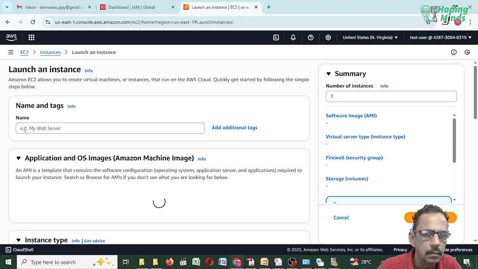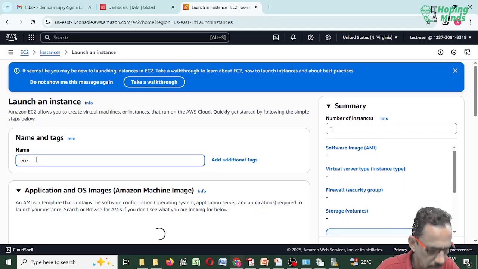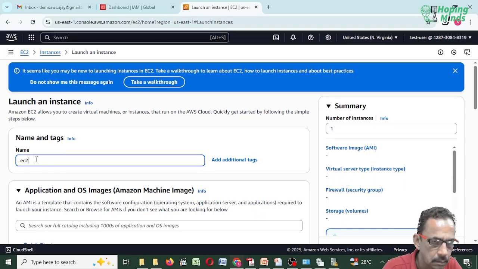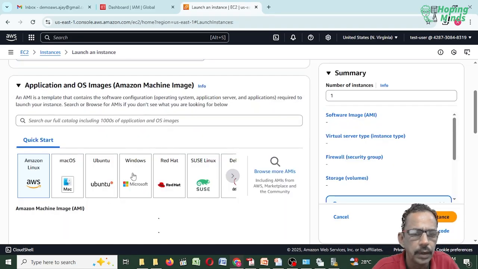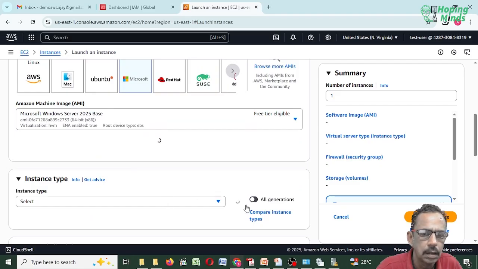Now we are in North Virginia. Again, try EC2, test2, whatever. Windows, done. Keep here.